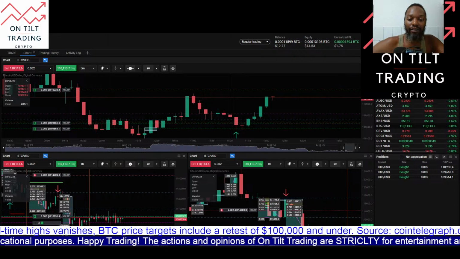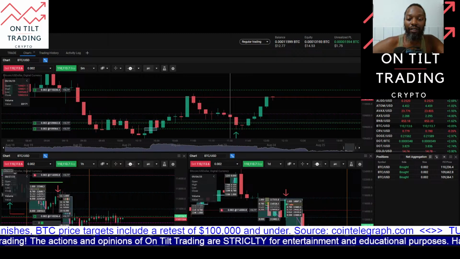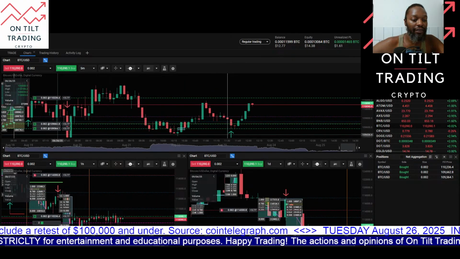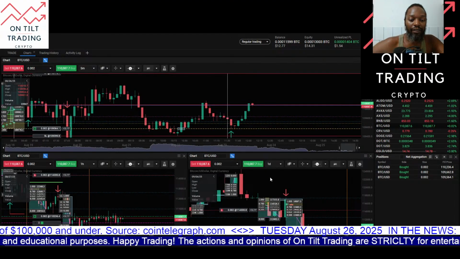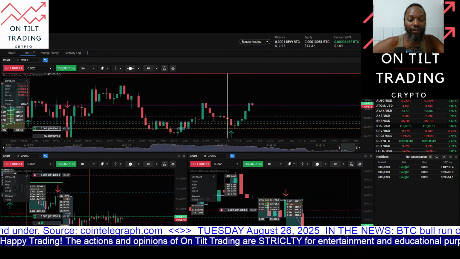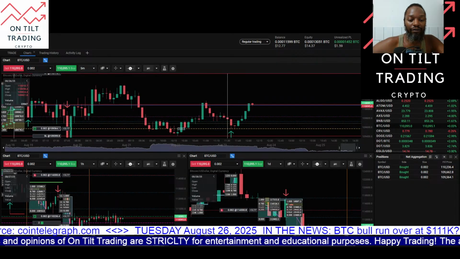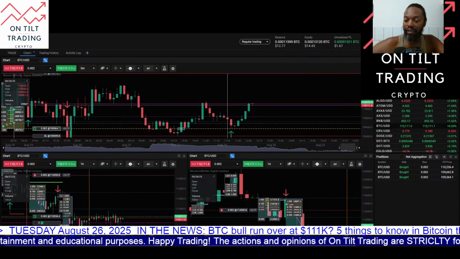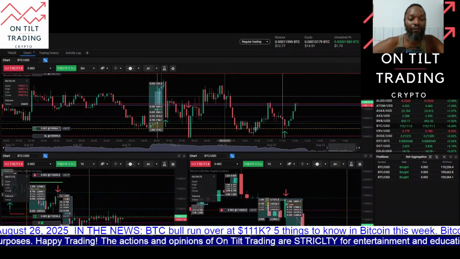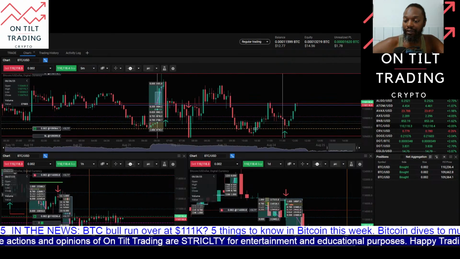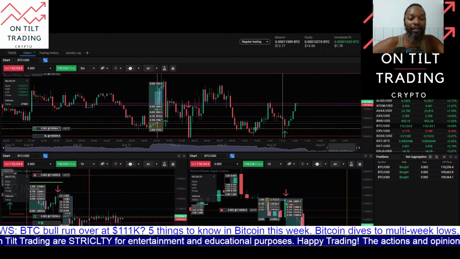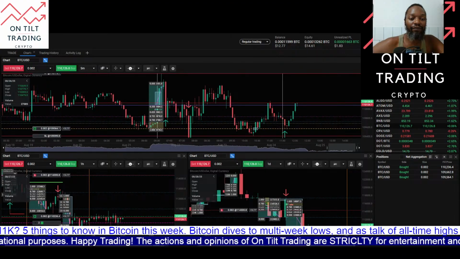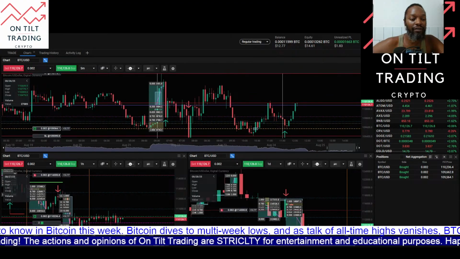Since then, you can see just a little bit of consolidation, and now continued buy side delivery here. And then for a stop loss, my stop is just below the swing low of the fair value gap series of candles, and my target is the high from earlier this morning that set this range in here after the news embargo was lifted, and in the pre-market